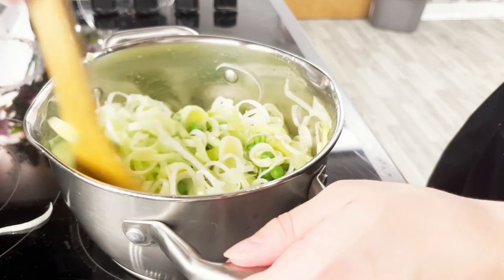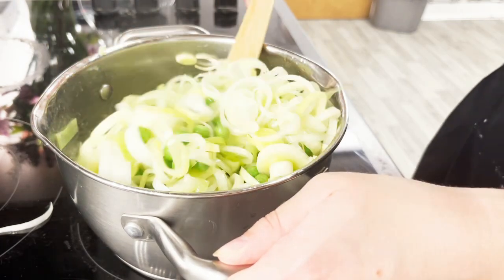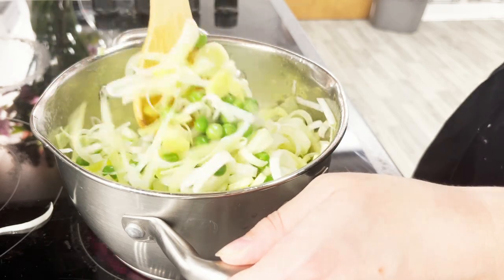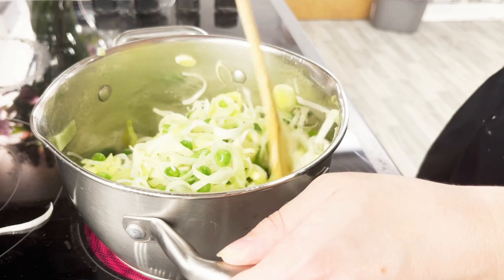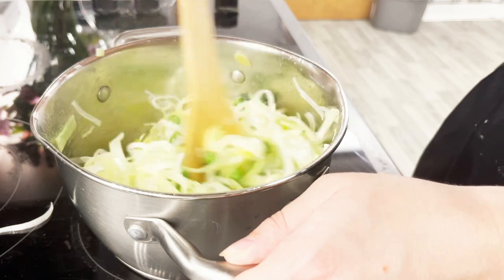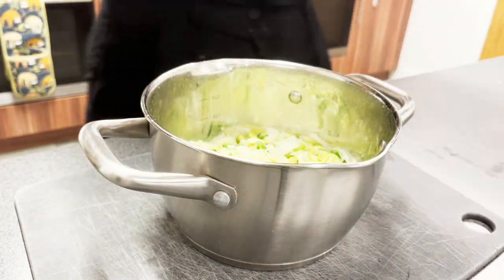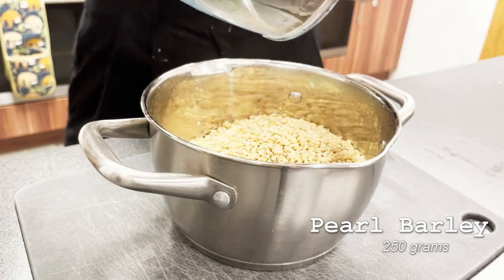You're going to want to cook down the leeks until they're transparent and much smaller in volume, and the peas have become soft, where you're able to easily crush them against the pot with the back of your spoon. This should take about 5 to 10 minutes. After they have wilted down, you're going to want to add your 250 grams of pearl barley,